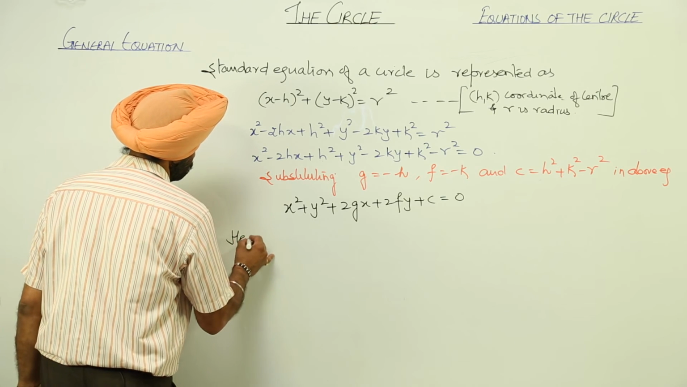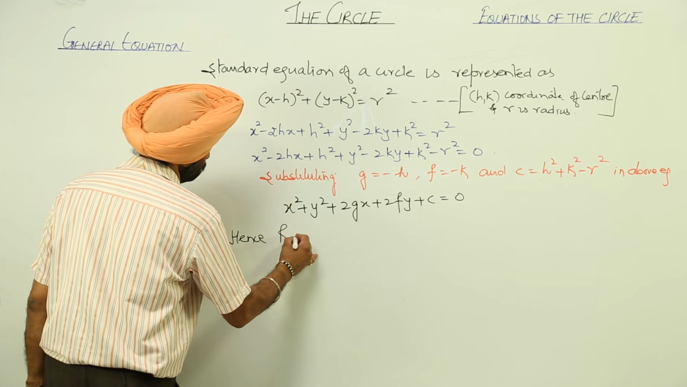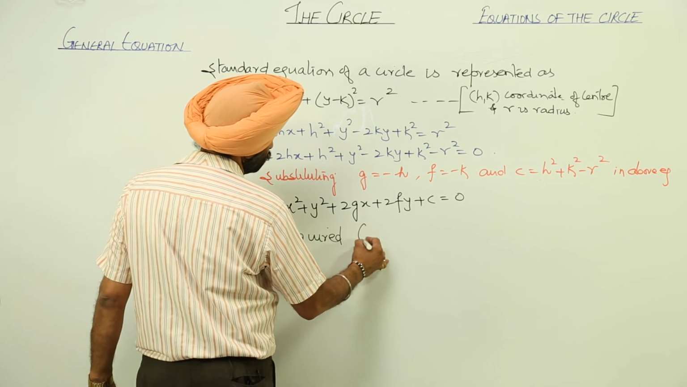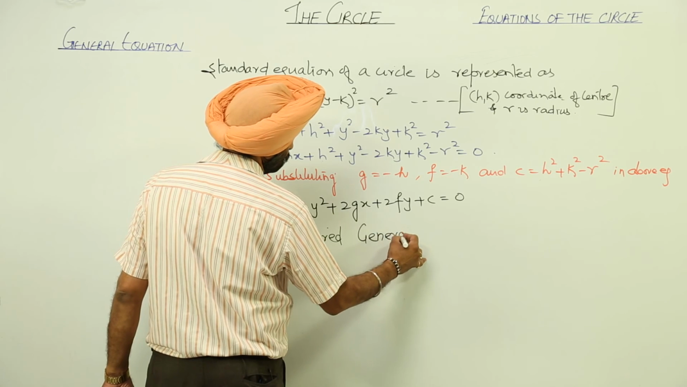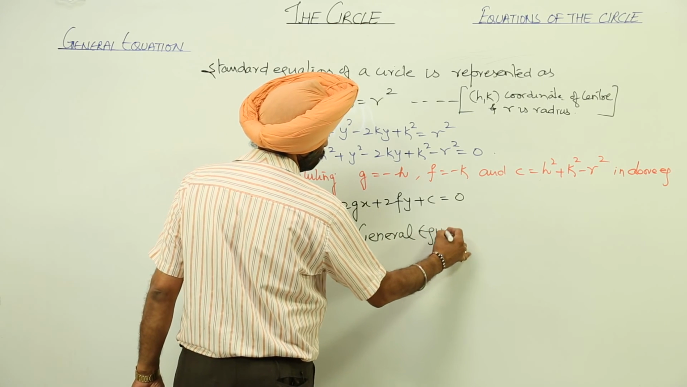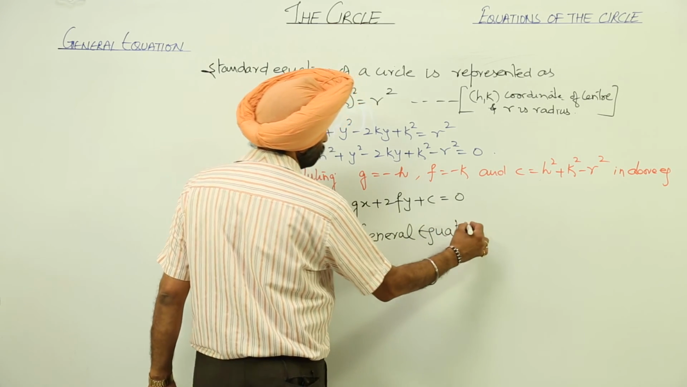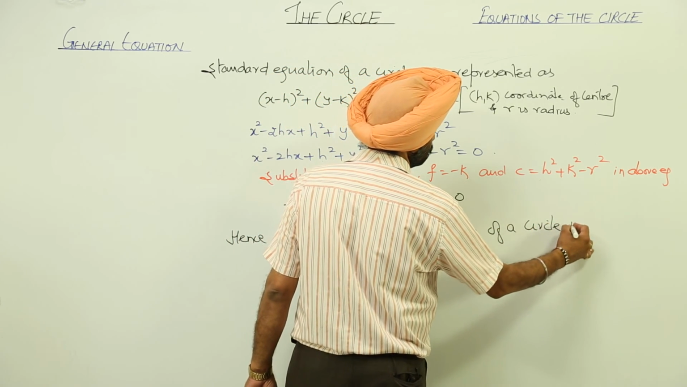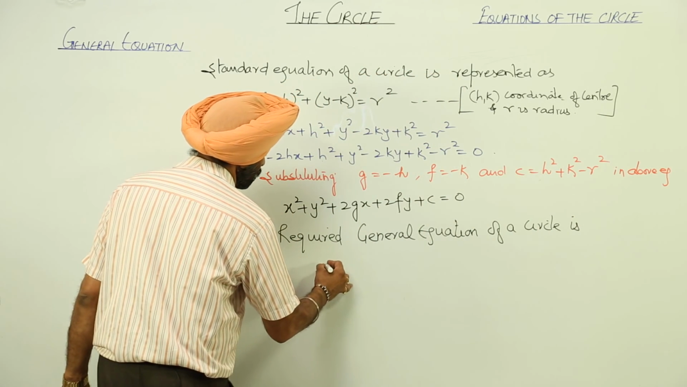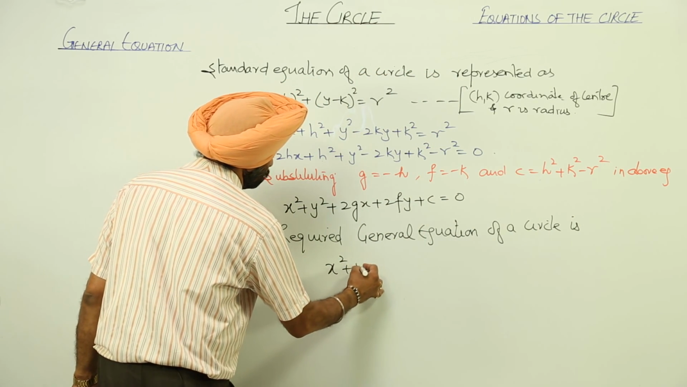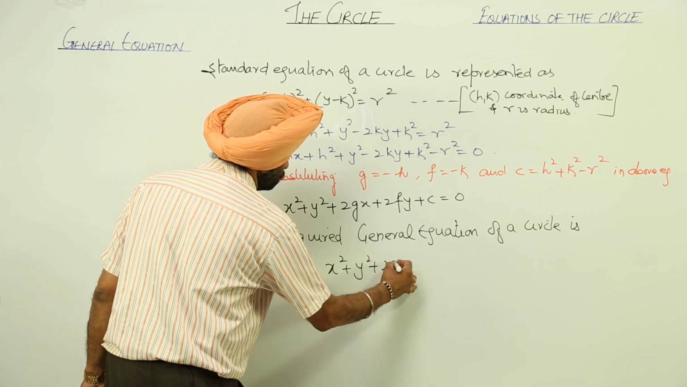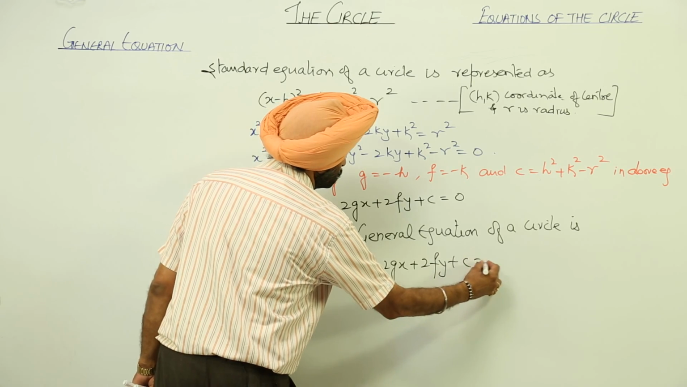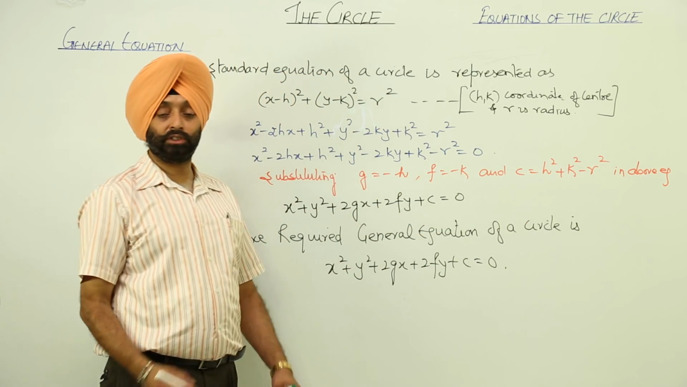Hence, the required general equation of a circle is x square plus y square plus 2gx plus 2fy plus c is equal to 0. This is the required